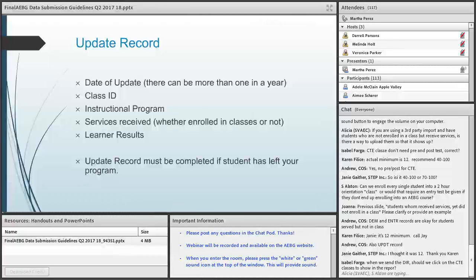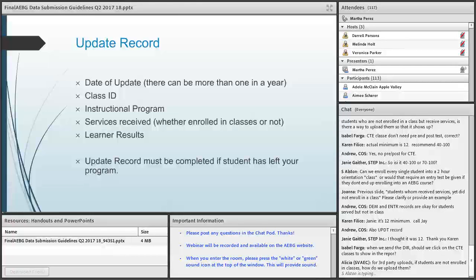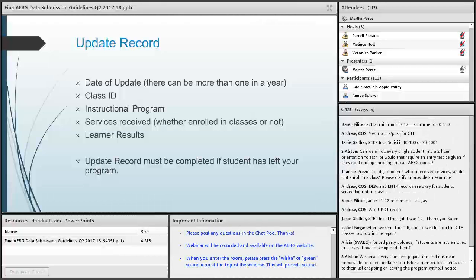The other services received that we were talking about, such as supportive training and transition services, can also be entered in that update record, whether they are enrolled in classes or not, or in an AEBG program. Also, any additional learner results for those students who met any goals or have any learner results.